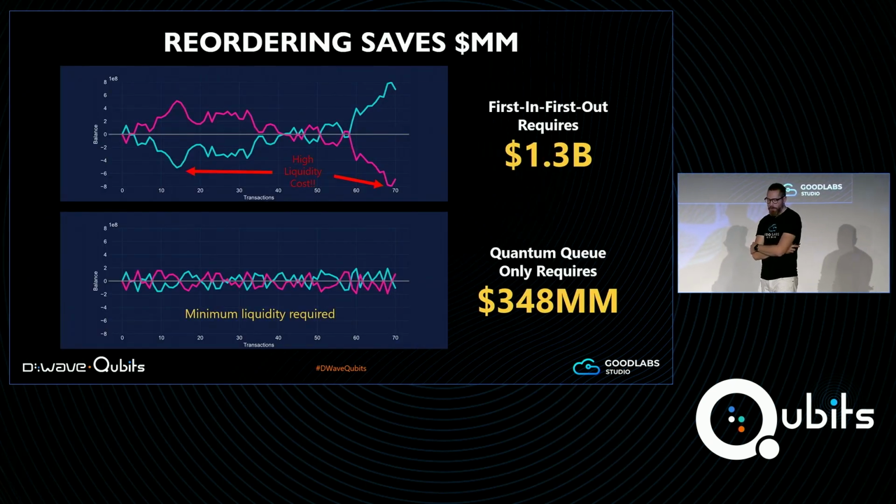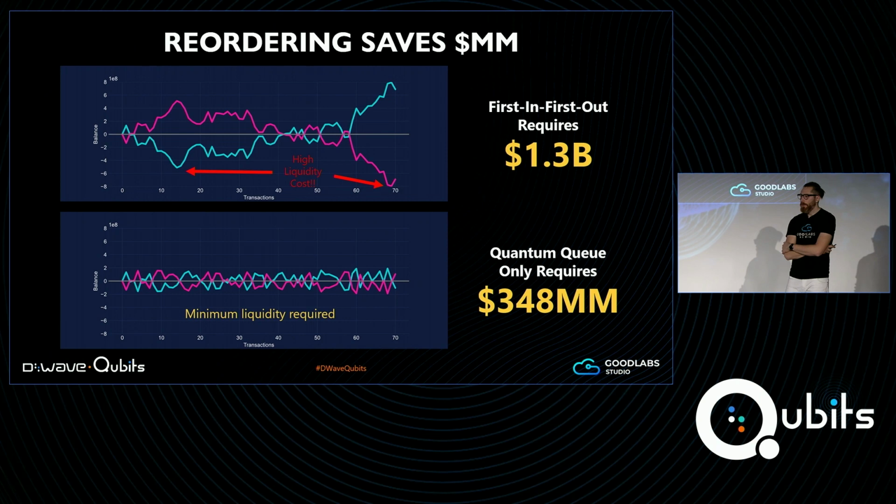Okay, so now I want to show you something that more closely resembles the actual data that we've been dealing with. This is still a simplified example, so we still just have two participants represented by the blue curve and the pink curve, but now we have 70 payments. And what I've plotted here is a little bit different than what we've been talking about. I'm going to call it the net position, and it just represents the amount of money that's coming into or out of the accounts as we settle every payment.